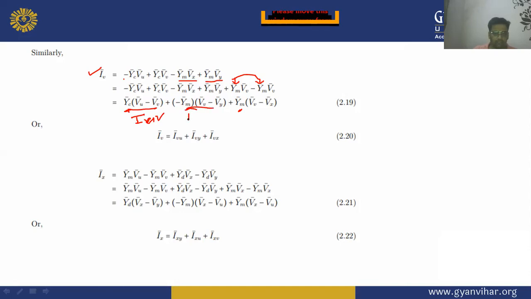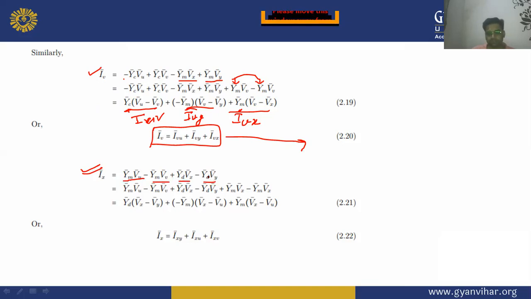This will be the common term for Iuy, and this will be the common term for Iux. Okay, so this will be getting the equation. I have taken this equation number as 2.10. Similarly, the current Ix can also be calculated. Then Ix is equal to (Vx - Vu)(Vx - Vy)(Vx - Vv). So I have added again these two components, plus and minus, for balancing the equations.